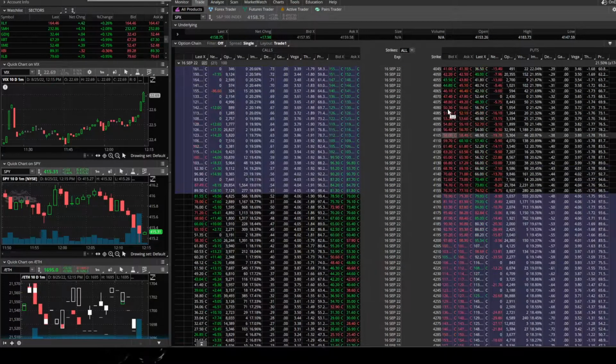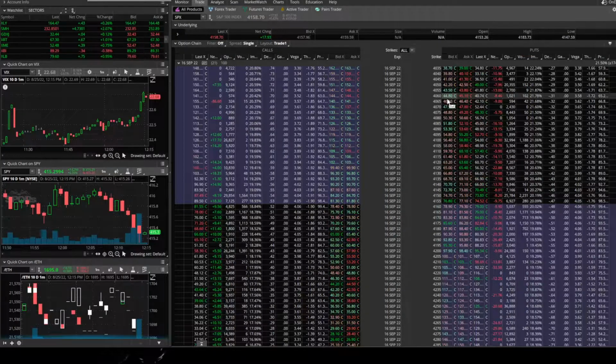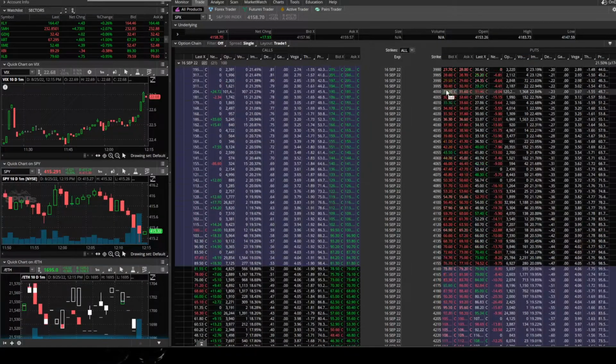Huge record OI around the 4,000 strike. I think if we just shoot straight down into 4,000, there's going to be a panic. If we shoot straight down tomorrow into the 4,000s and we break that zone, I'm pretty sure all those people that are short those puts, those commercial dealers, are going to cover. They're going to cover because they have to manage risk. So when they cover those short puts, what does that mean? That means those commercial hedgers are going to buy puts. Other market makers are going to have to sell them those puts.